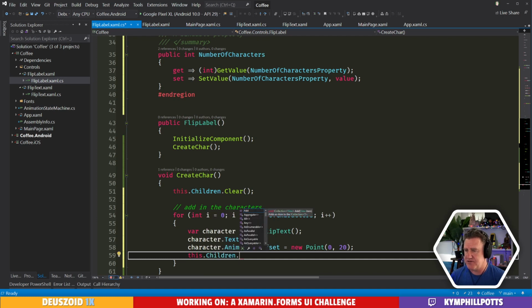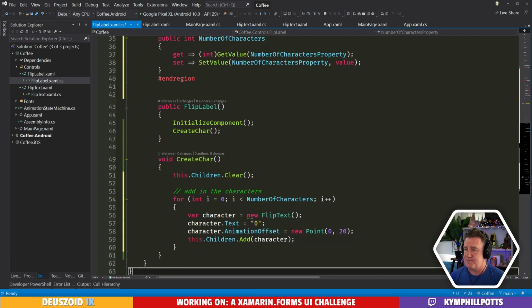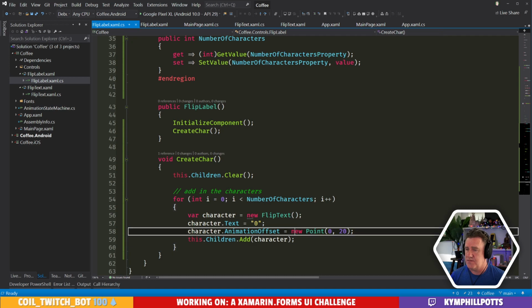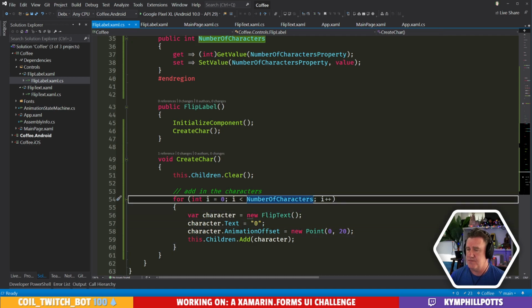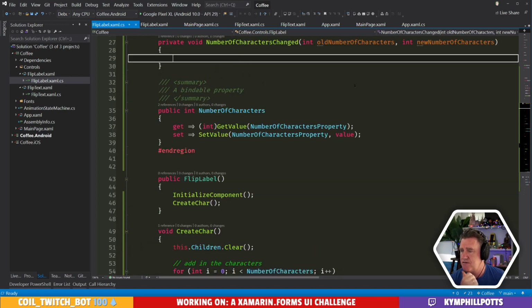Okay, so really we're adding this into a stack layout. Something like that. Okay, and when the number of characters changes, we'll want to go ahead and create the characters again.